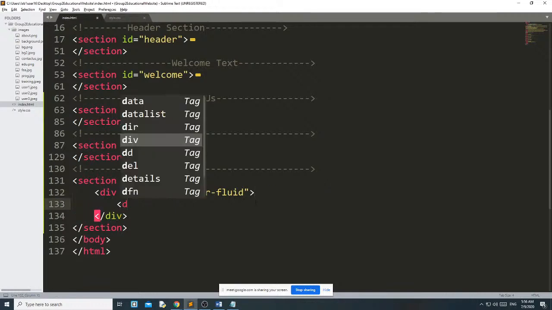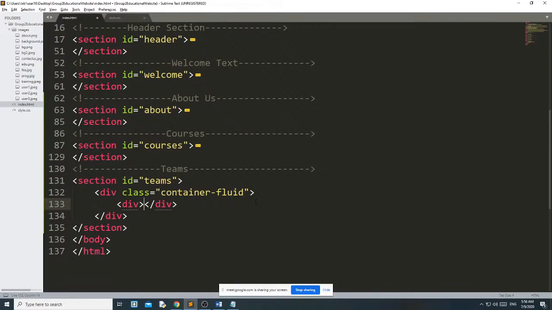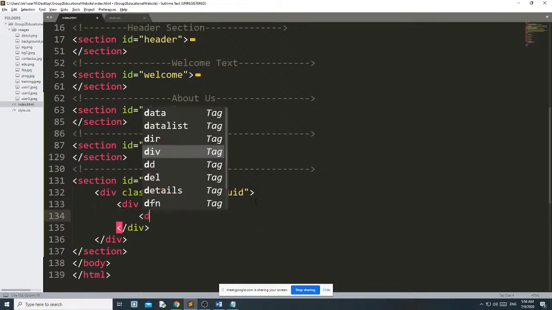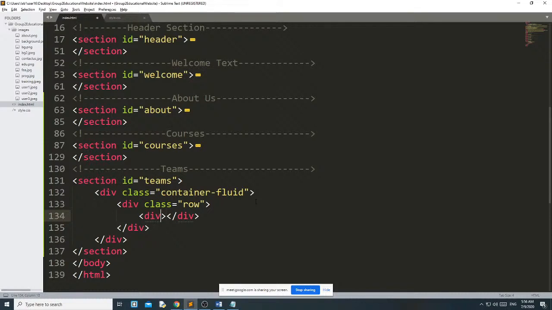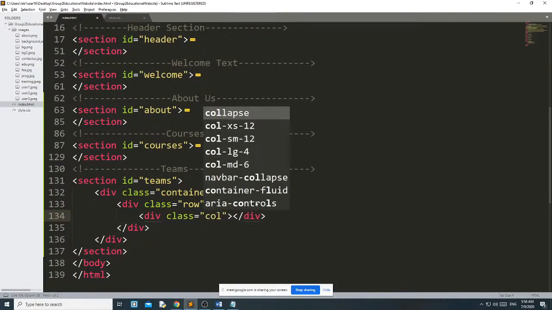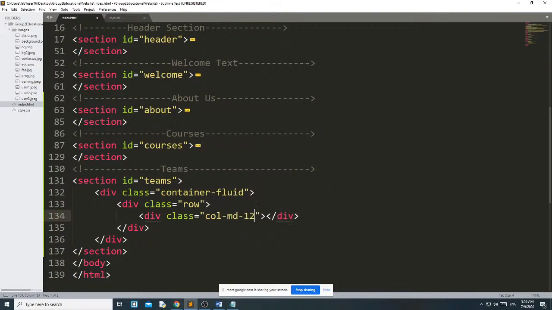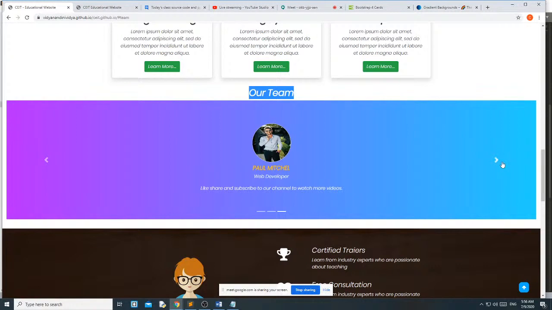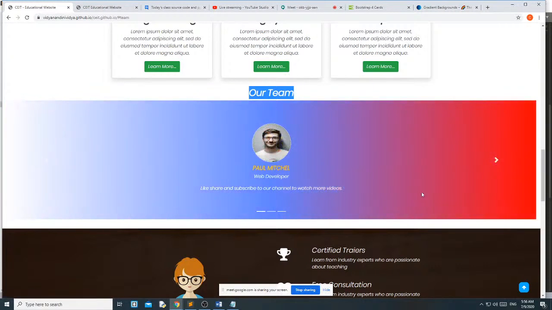Then inside the container div, then div class row. Okay, then div class col-md-12. Col MD12 is what? At a time I want to show only one row, because there are 3 columns.